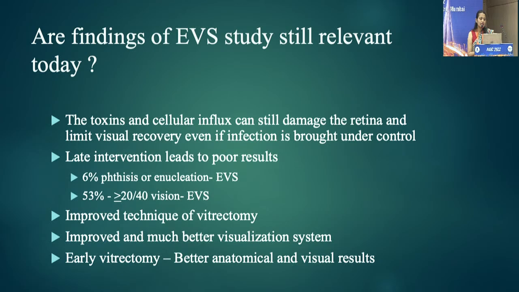The toxins and the cellular influx can still damage the retina and limit the visual recovery, even if the infection is brought under control with conservative management. Late intervention leads to poor results: 6% of the patients had phthisis or enucleation in the EVS, and only 53% of patients had better than 20/40 vision. Now with the improved techniques of vitrectomy and much better visualization systems, I feel early vitrectomy gives better